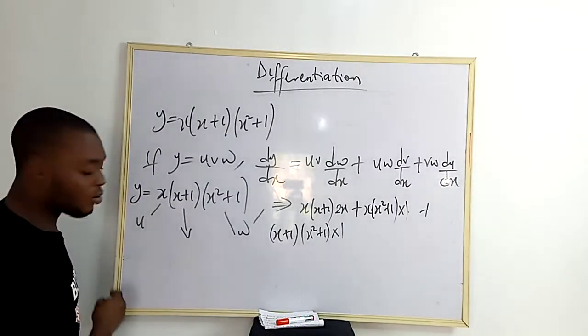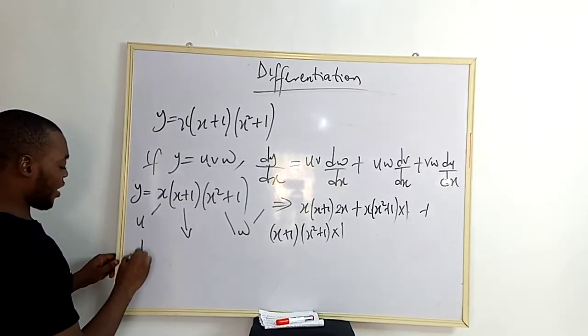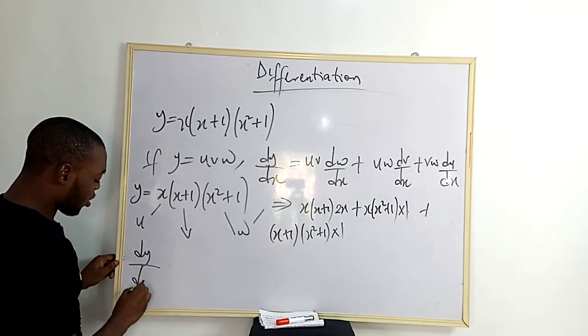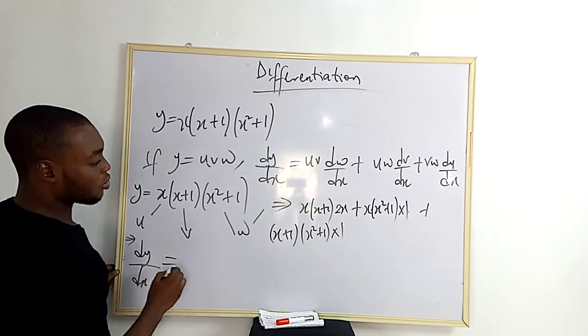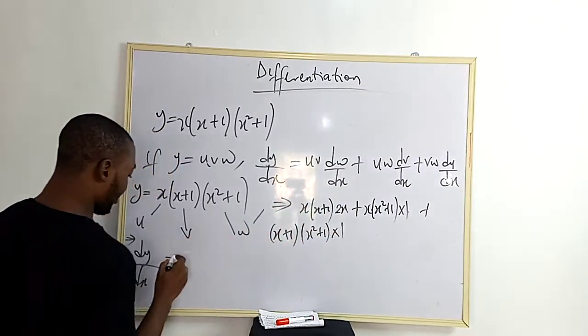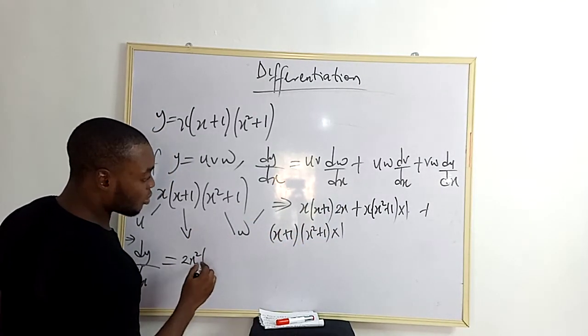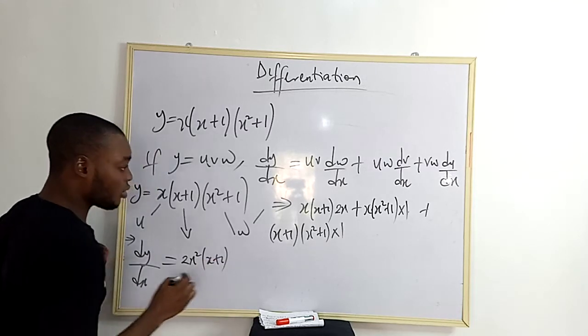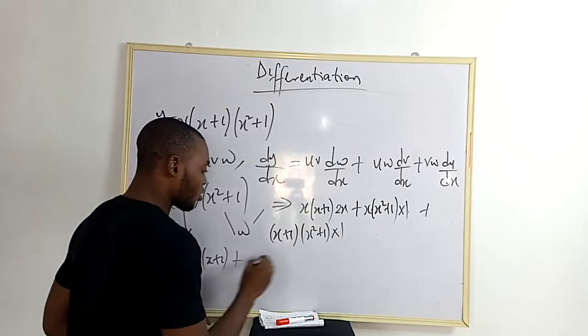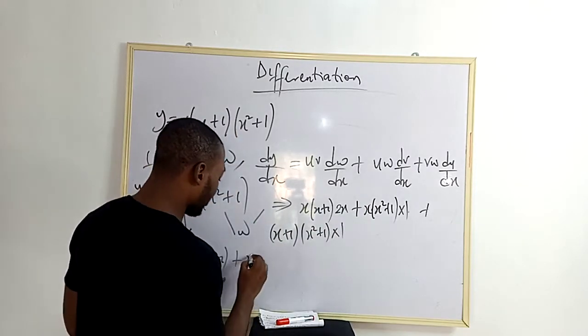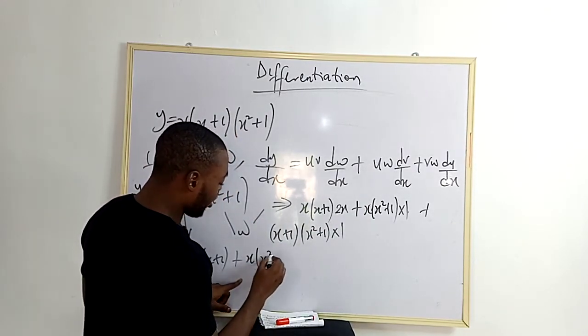So this implies that dy/dx is equal to 2x times x, that's 2x squared into bracket x plus 1, plus 1 times x is just x, x into bracket x squared plus 1,